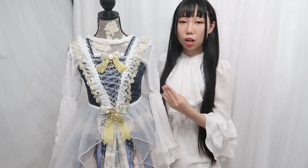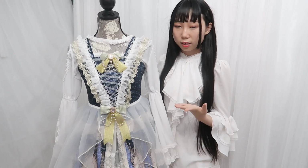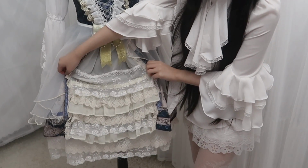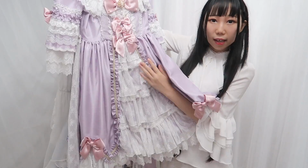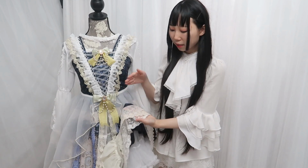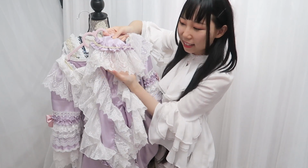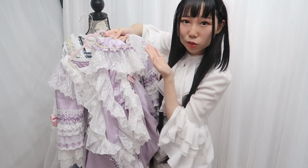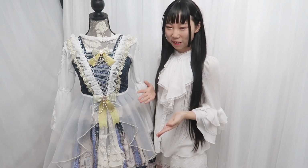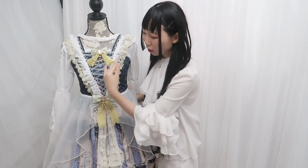because the dress I bought was not good quality and the cutting and the form was not good. So you can see this part, it looked a bit messy. It's supposed to be like this. It's supposed to be like that. It's a Rococo inspired style, and also the ruffles, they didn't make ruffles on the lace trim. It's supposed to be like that, ruffled, not just a straight lace trim. Do you know what I mean? So that's why I'm not 100% like this dress, but it looks so much better than before, especially like around